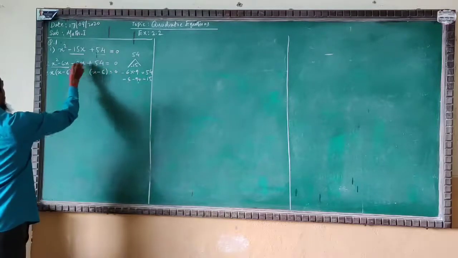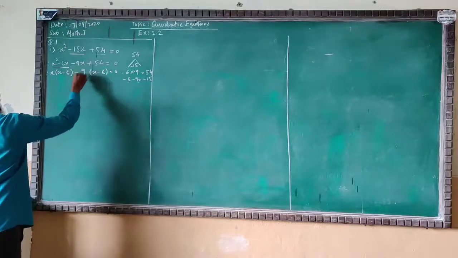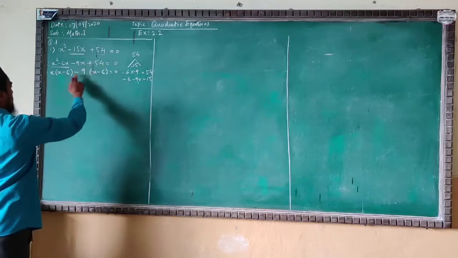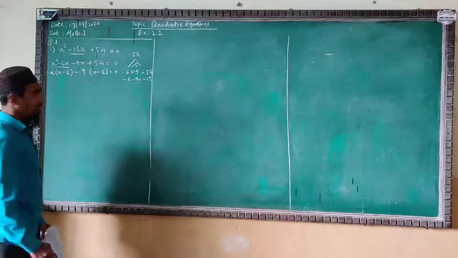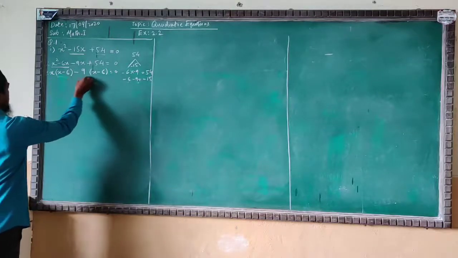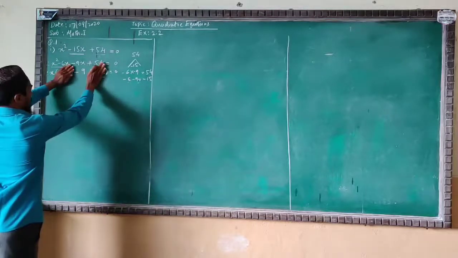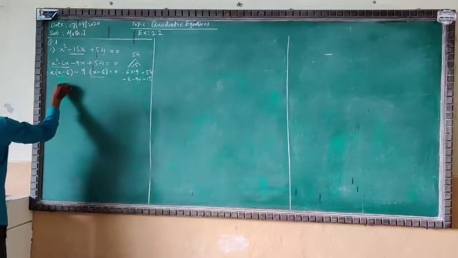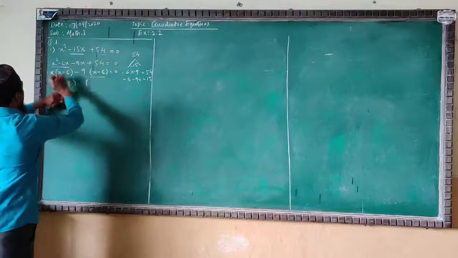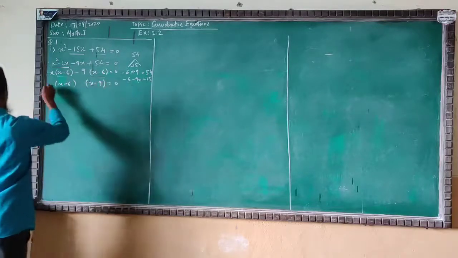Now here in both the numbers, 9x and 54, we will take 9 as a common and check this one. 9 into x will get 9x. 9 into 6 is 54, minus 9 into minus 6 gives plus 54. We are correct here. So what we do here? See, the x minus 6 is the same, so we will take it as a common. At once we will take the x minus 6, and the remaining number x minus 9 we will write in the other bracket: x minus 9 equal to 0.